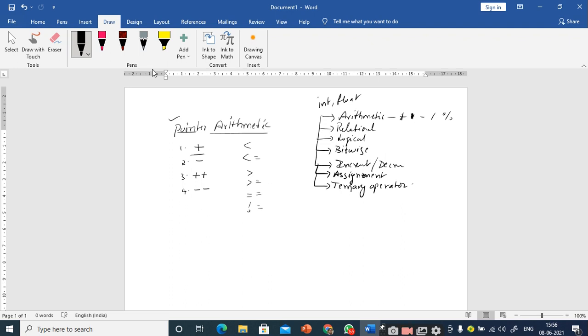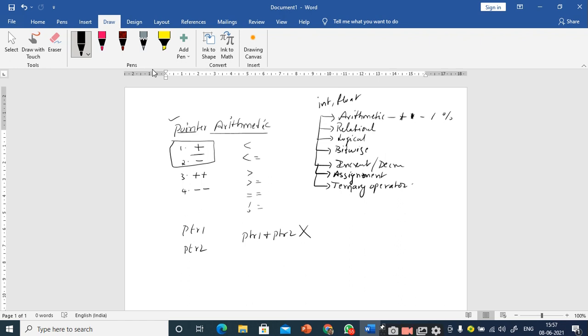I am saying that addition is a valid operation on pointers, and similarly subtraction is valid. But the point you have to remember is very important. You can perform the addition of an integer to a pointer, but not pointer plus pointer. For example, assume I have two pointers ptr1 and ptr2. I cannot perform ptr1 plus ptr2. This is completely invalid.